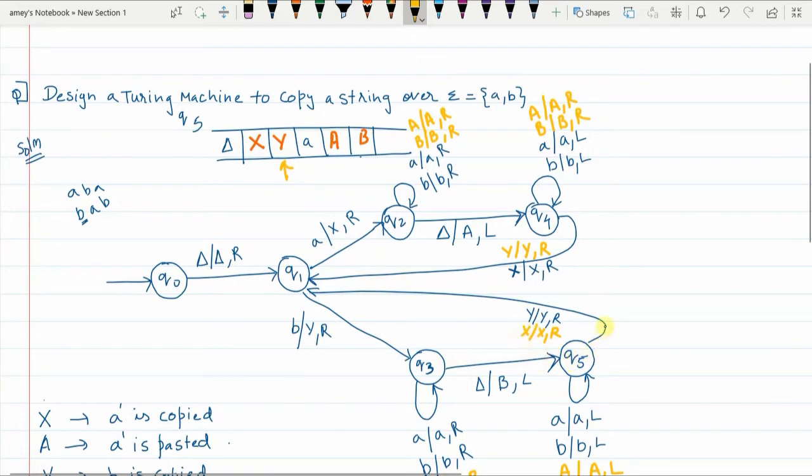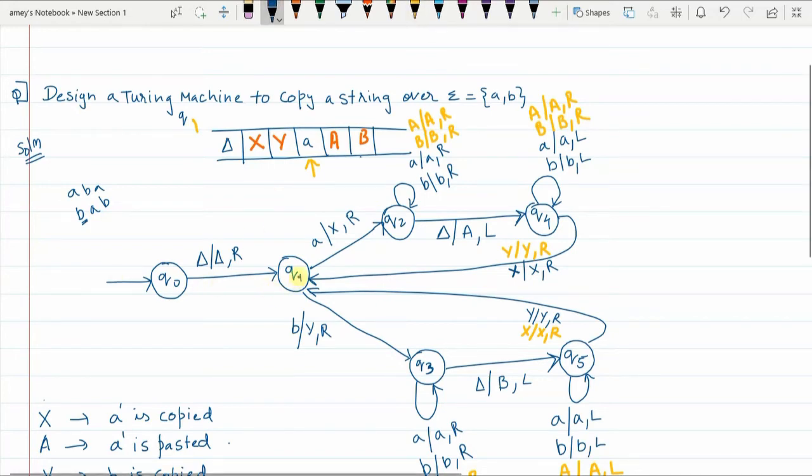In both these cases, the machine moves to Q1 state. In this example I have got Y, so I replace Y with itself, pointer moves one place to the right, and from Q5 I go back to Q1 state. So right now I am in Q1 state.